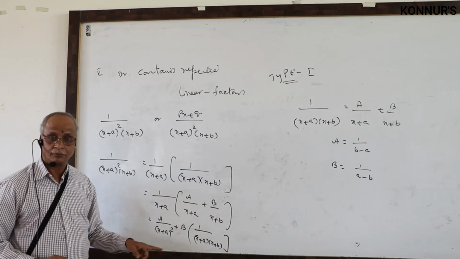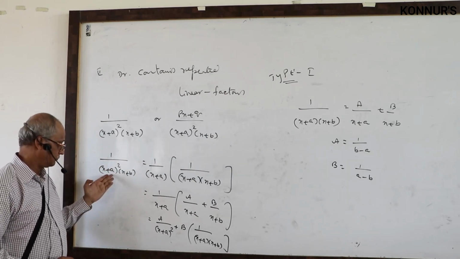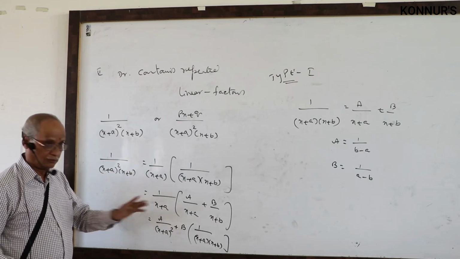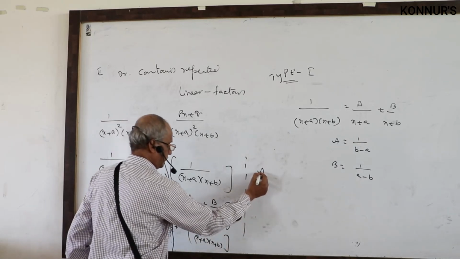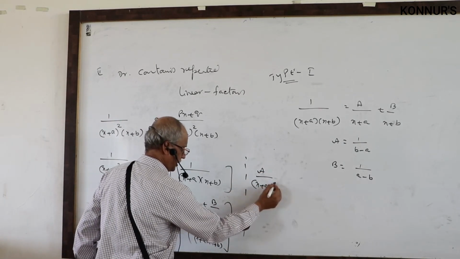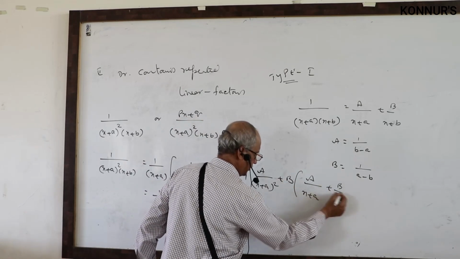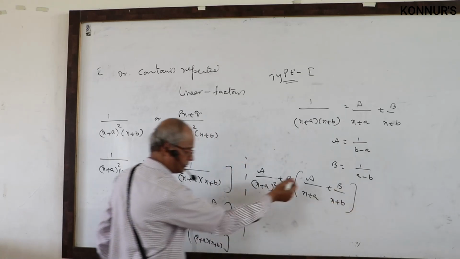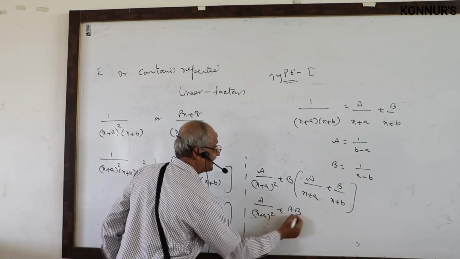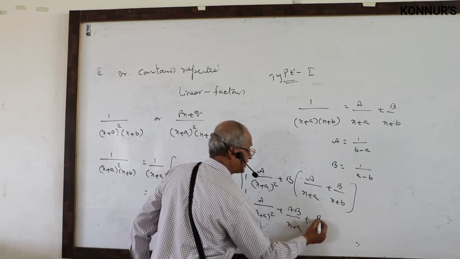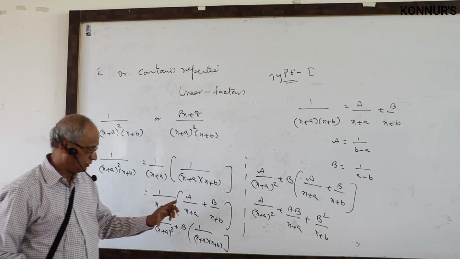Again type 1. I am not going for the original theory. It will be very big. With the whole square, 3 constants you have to find. We are not doing that. Again you substitute, same answer. If you write the answer here, A by (x + a) whole square plus B into, what is the answer again? A by (x + a), B by (x + b) only. Now simplify: A by (x + a) whole square, AB by (x + a), B square by (x + b). This is the answer.